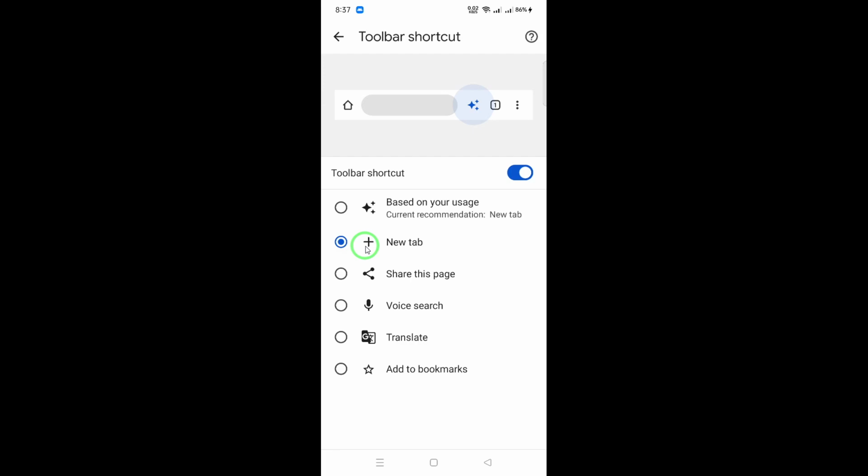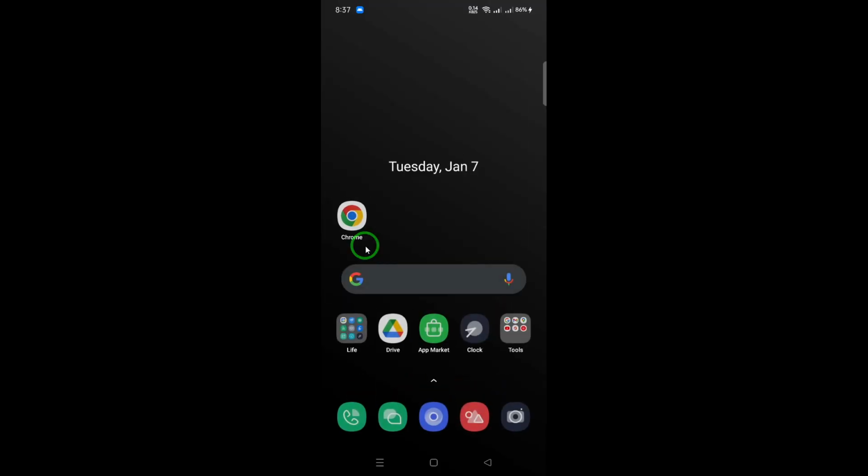Now, you should see the New Tab icon appear on your toolbar, making it easier than ever to open new tabs while browsing. And that's it. You've successfully enabled the New Tab icon on Google Chrome. Enjoy your enhanced browsing experience with this handy shortcut at your